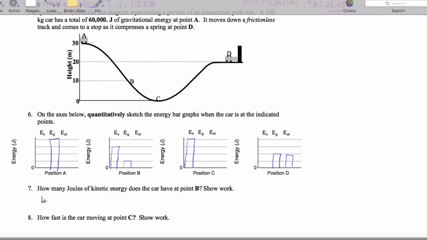So we have EG at A, and I'm going to set that equal to the second bar graph at position B, which is EK plus EG at B. Keeping this in mind, we're going to end up getting here